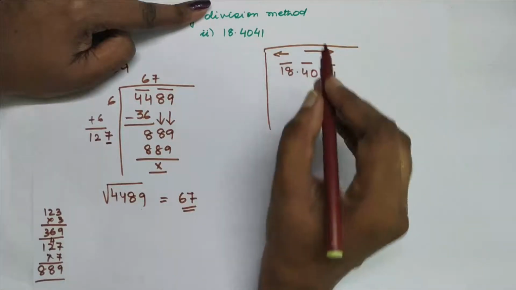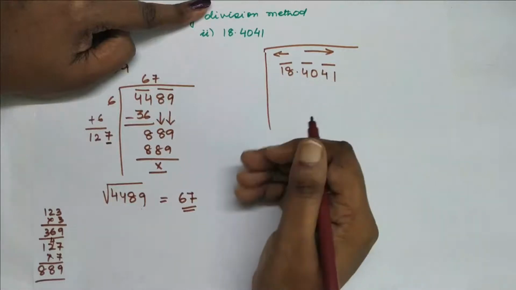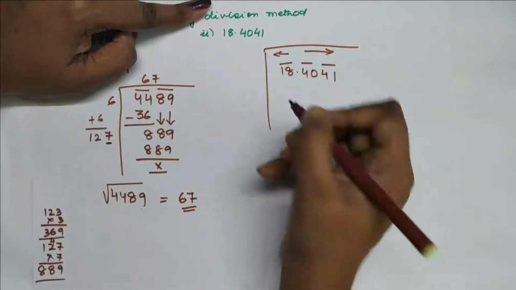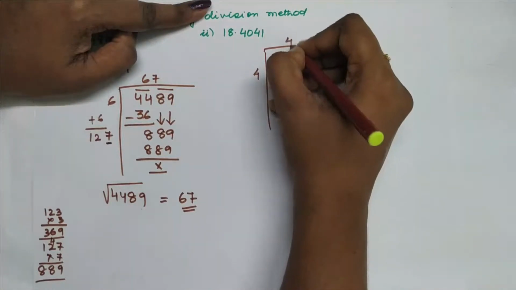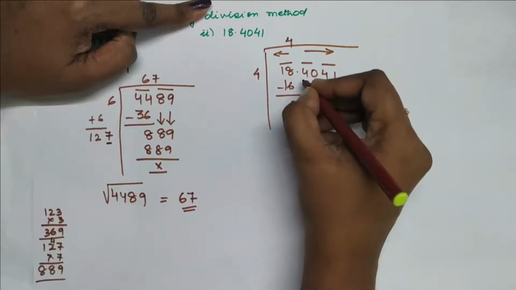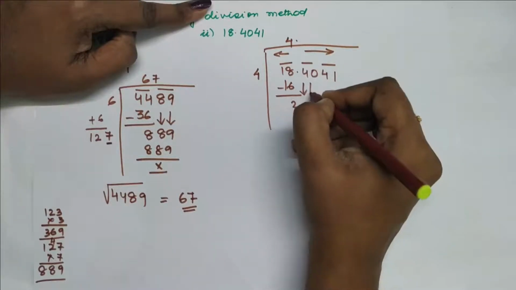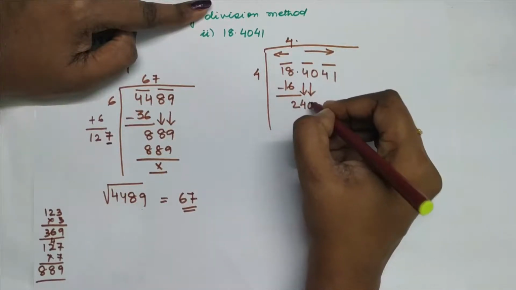This I'm just showing you. Now again we have to get 18. So which multiple square number gives me 18? None. So 4 4s are 16, the nearest value. So I put a 16 to a minus, right 2, and now there is a point here, so I have to put a point here like we do for normal division, and we bring down 40.